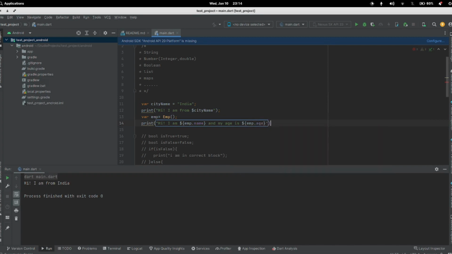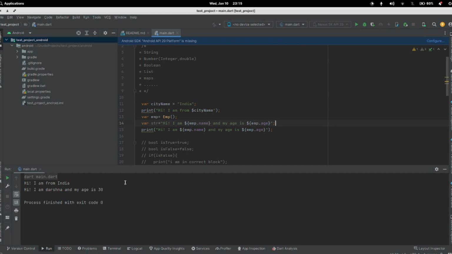See, in a simple way, this string concatenation we can use anywhere. Even if you want to assign this value to some variable, we can do this. This is nice, guys, so we can do it that way, and we can also print this value. See, okay,